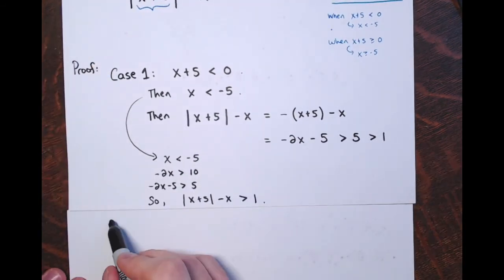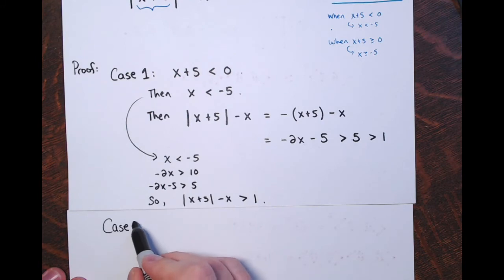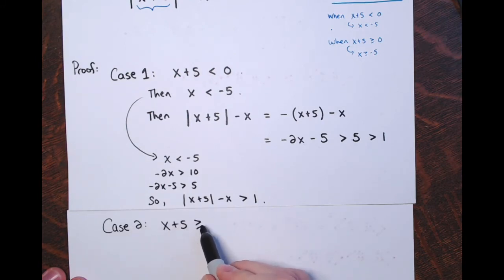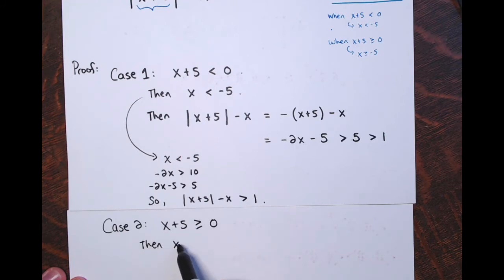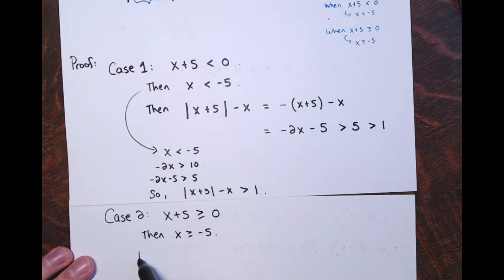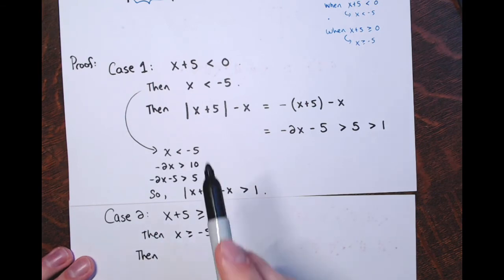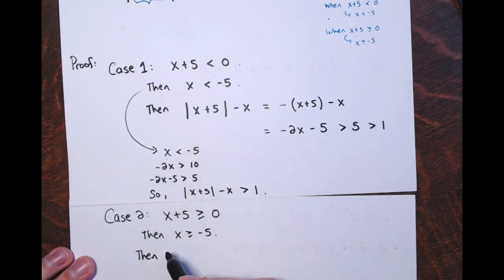So case 2, the proof's not over. X plus 5 is greater than or equal to 0, or x is greater than or equal to -5. This takes care of the rest of the real numbers, all the numbers -5 or greater. Well, then if I look at this expression, the absolute value of x plus 5 minus x,